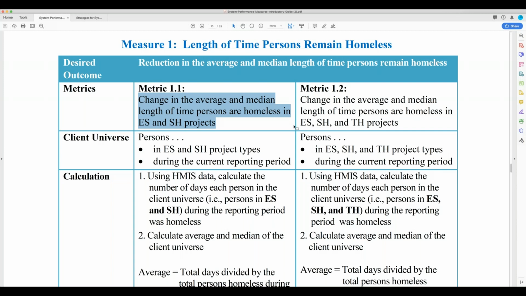Maybe they just need one or two or a very short period of interventions, but at the same time, because that is going to count as emergency shelter if they take a hotel motel stay, you've also got long-term stayers in safe haven that are all part of this data. So how do we reduce average length of time? Keep that in mind. Any suggestions out there?